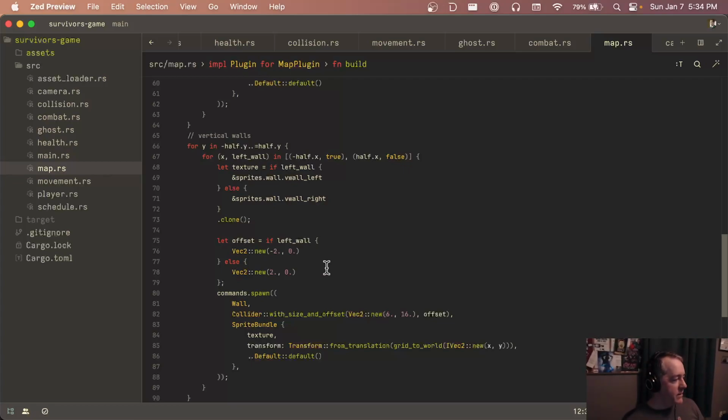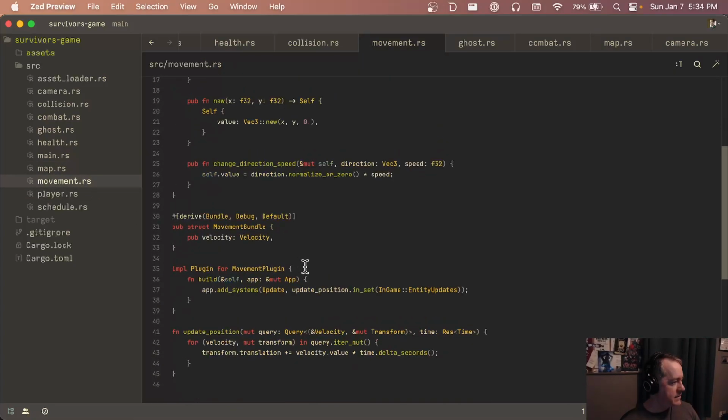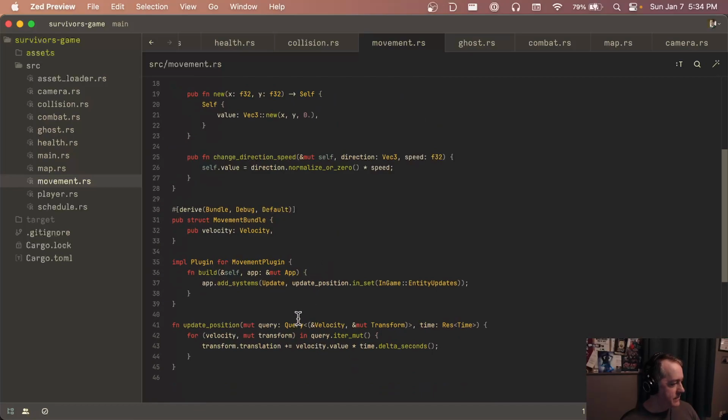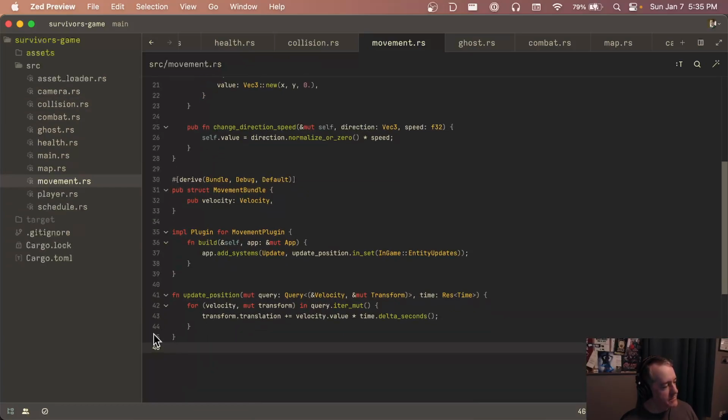And I think what I'll want to do is, yeah, let's go in movement, and maybe what we'll do here is say, this is hard to say because this is a collision related thing. But if we're updating the position,